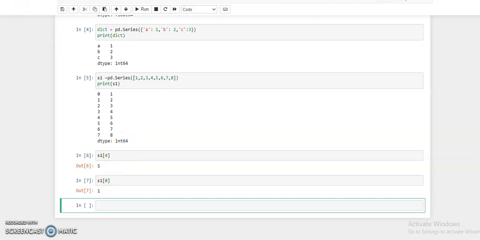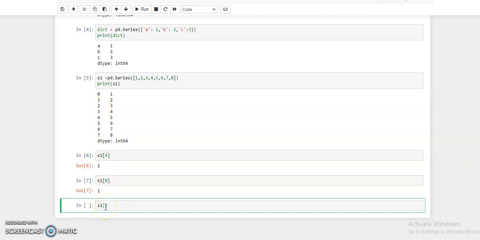Now if you want to slice the series, suppose from index 0 to 5 or 0 to 6, anything, for this we use the series name S1 and square brackets. Suppose we need the values from index 0 to index 3.